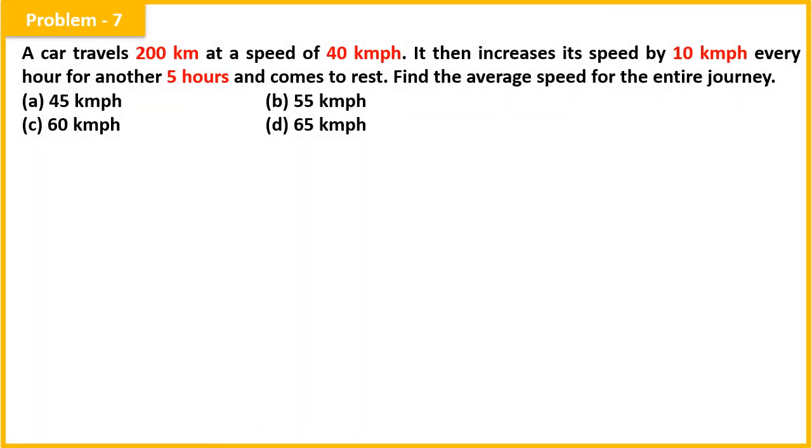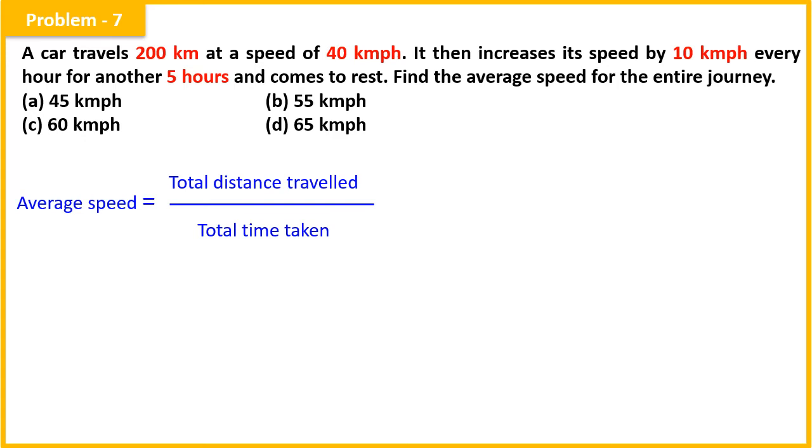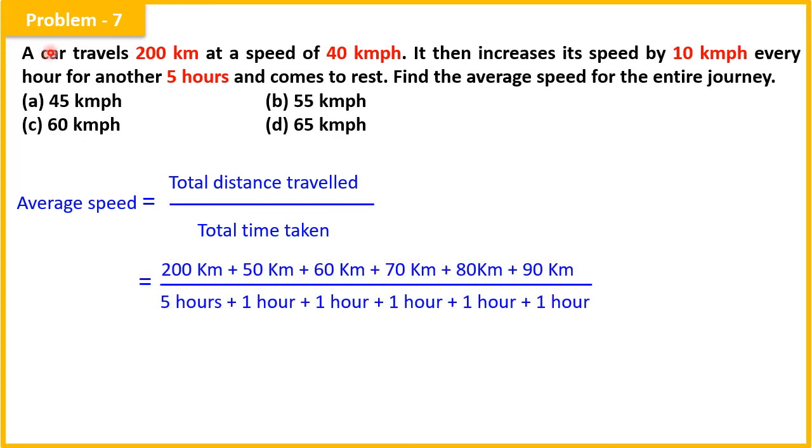Problem 7. A car travels 200 kilometers at a speed of 40 km per hour. It then increases its speed by 10 km per hour every hour for another 5 hours and comes to rest. Find the average speed for the entire journey. Again, I will say that average speed is equal to total distance covered divided by total time taken. So this can be calculated like this. The total distance covered is सबसे पहले 200 किलोमीटर और उसके बाद में स्पीड बढ़ता गया by 10 किलोमीटर पर